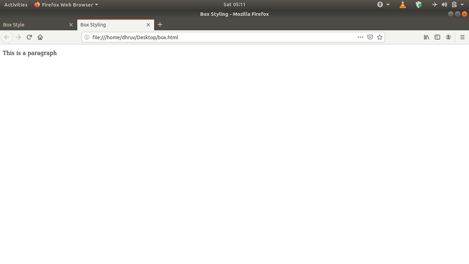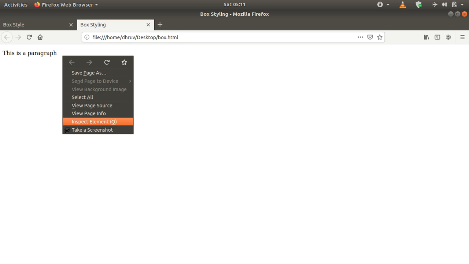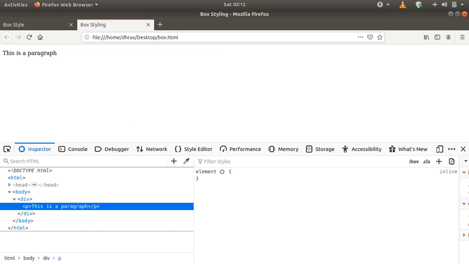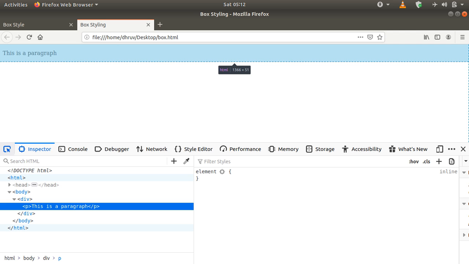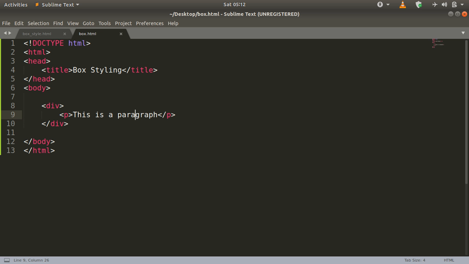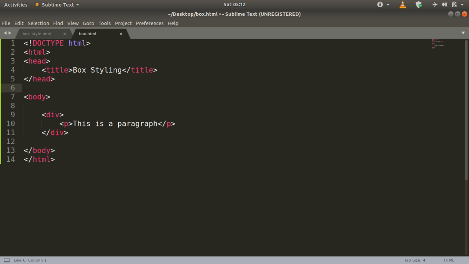Now you can right click here and take a look at the box. The basic height and width of the box: the width is the screen width and the height is randomly 51 pixels. So let us first change the height and width of the box. I'm going to use internal CSS here.